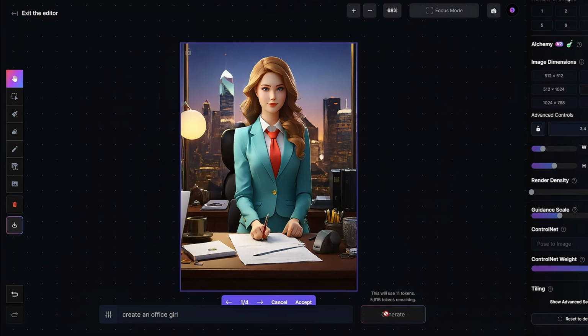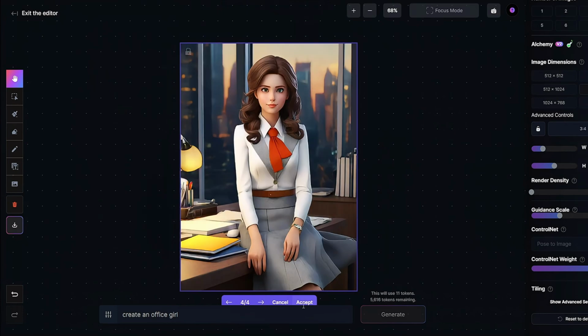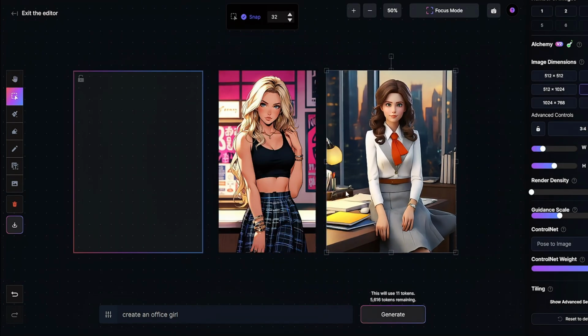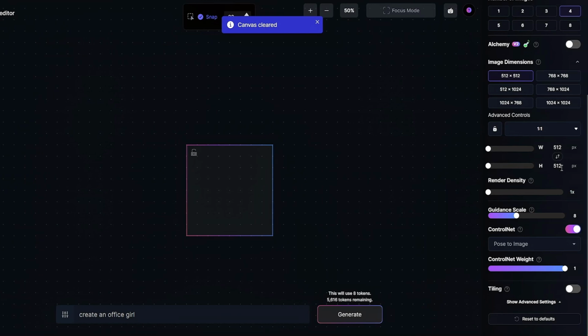Here are the results. I review them to choose the one I like best. They're all beautiful, but I'll pick just one. I like the fourth result best, so I'll select it. If I place the images side by side, you can clearly see that the AI retained the original pose in the new image. Next, I'll delete both images, and now we'll go back to ControlNet, and this time select Edge